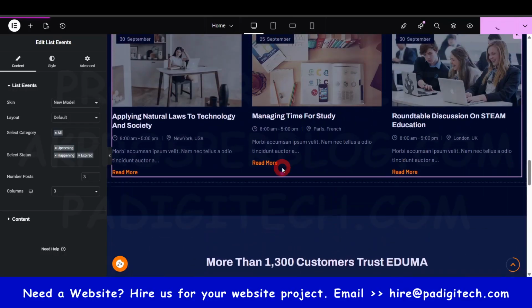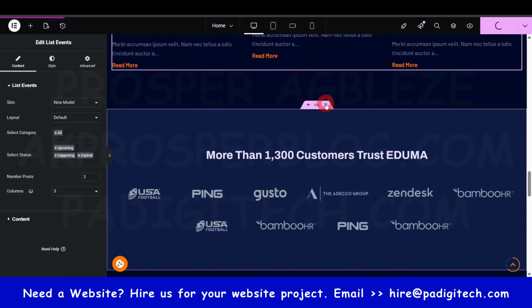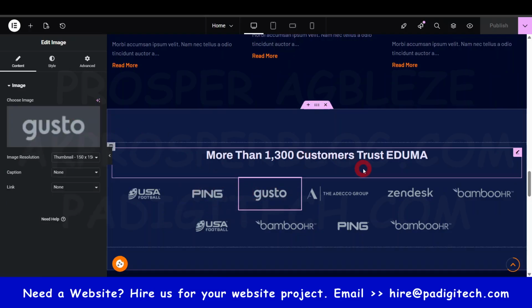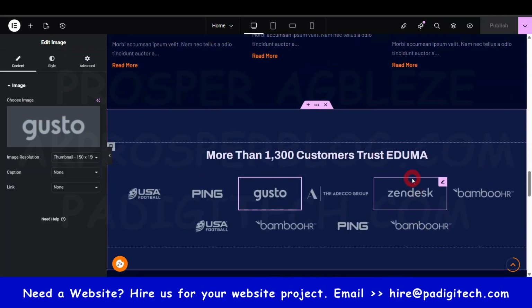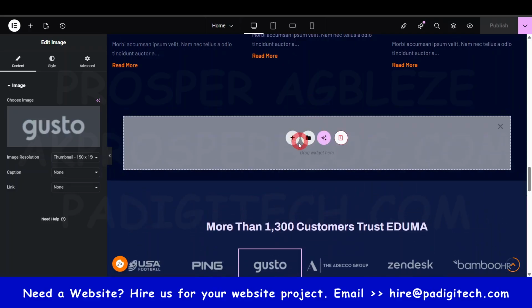Now, if there's any section that you don't want, you can see this right here. You can just go ahead and delete section and it will delete the entire thing. If you want to change this also, you can just click here and put in an appropriate image or logo of businesses. All right. And if you want to bring in any new section, anywhere you want to bring, you can see this plus, just click on this plus,